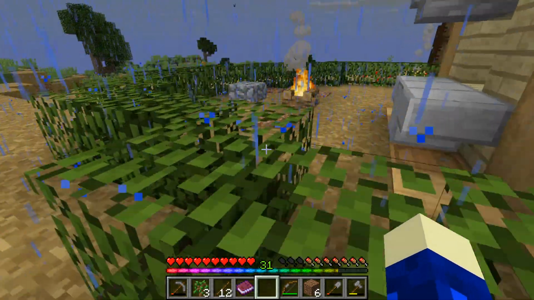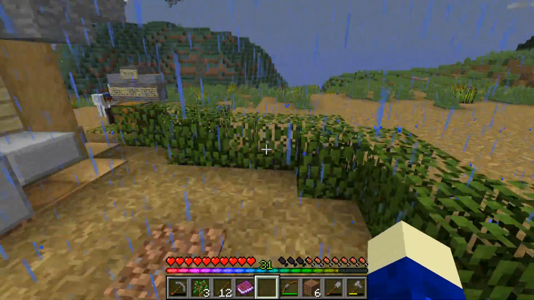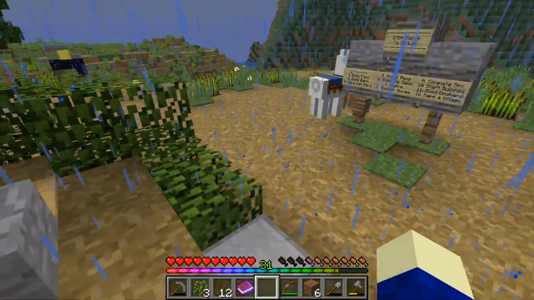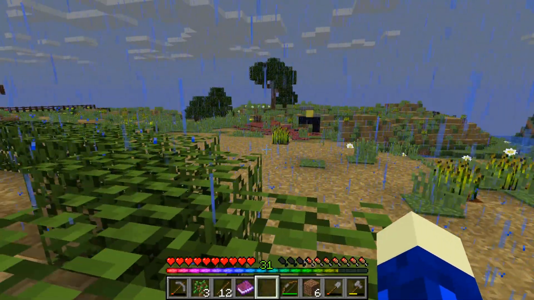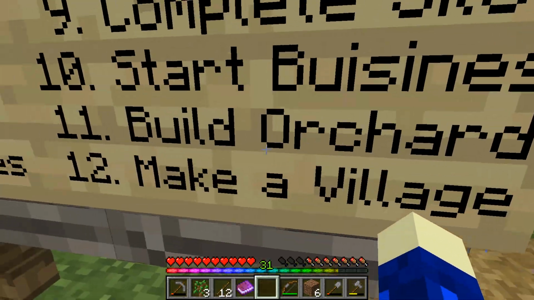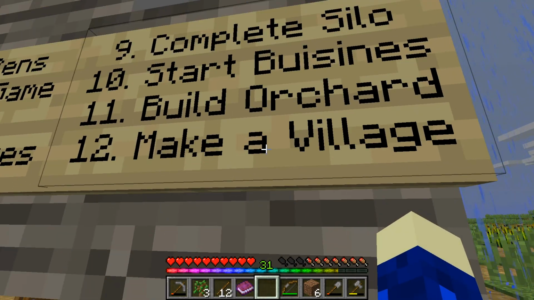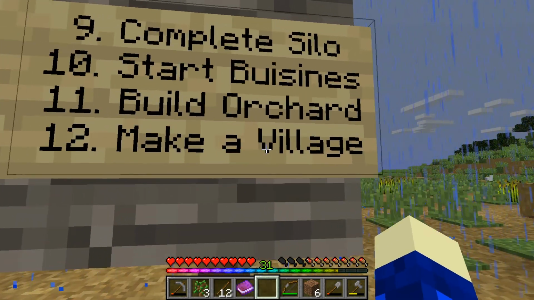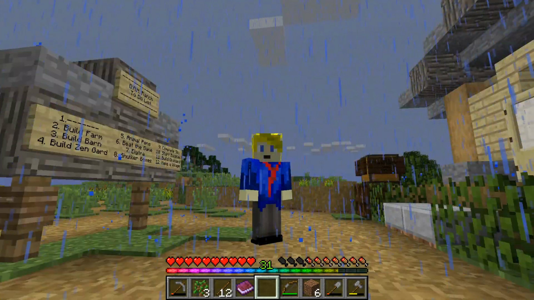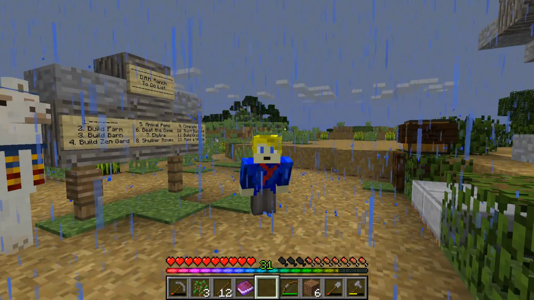Also, it would appear that the shadowy backstory of this farm is becoming quite clear to me, that it might not just simply be a bad situation. But you might have noticed, build an orchard and make a village are on this. Now, make a village isn't too crazy. I mean, villagers exist, and I do love me some good villager trading. But